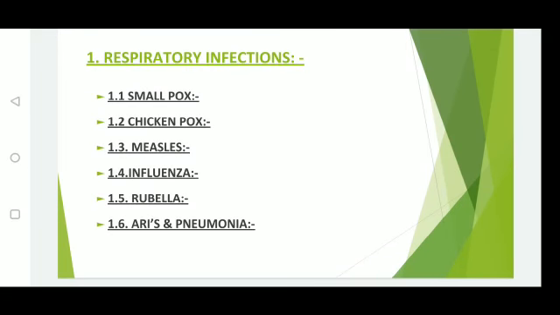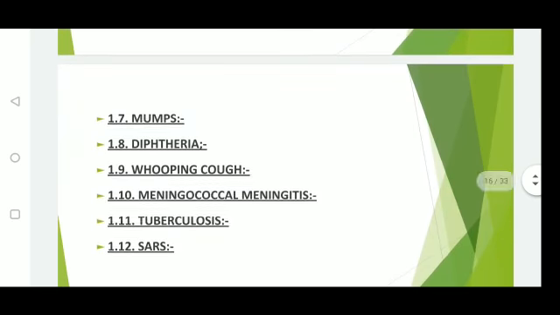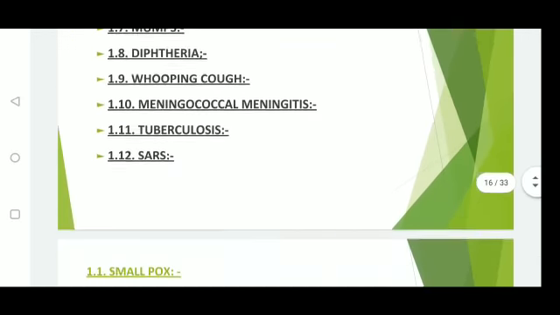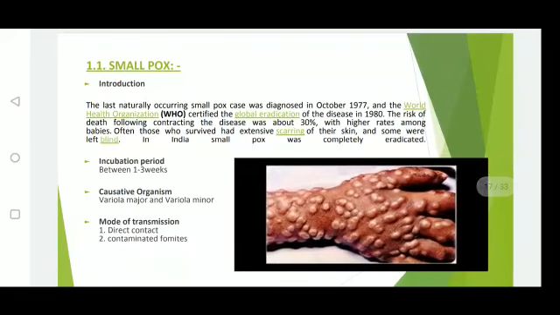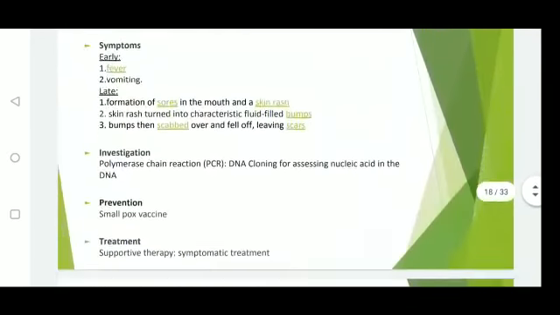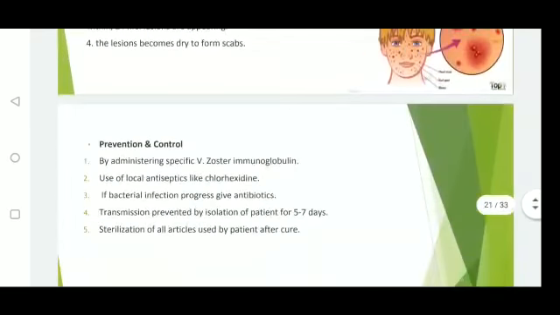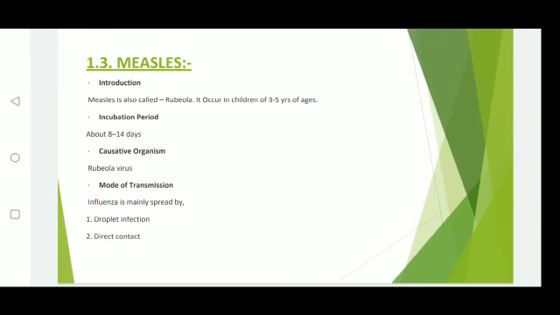The first, respiratory infections: smallpox, chickenpox, measles, influenza, rubella, acute respiratory infection to pneumonia, mumps, diphtheria, whooping cough, meningococcal meningitis, tuberculosis, and SARS. In the last class, we studied in detail about smallpox and chickenpox. And the continuation of that class, the third one, is measles. So, measles,